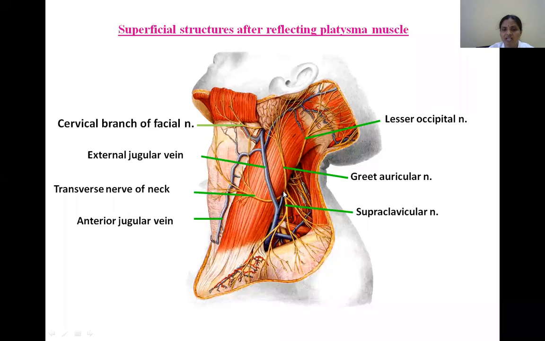See, the supraclavicular nerve descends and divides into 3 branches: medial, intermediate and lateral. So the medial branch, as it descends along the medial end of the clavicle, supplies a joint here. What is that? Sternoclavicular joint, and it supplies the skin over that particular area. It may extend down up to the second rib level. So the skin over this region is supplied by the medial branch.